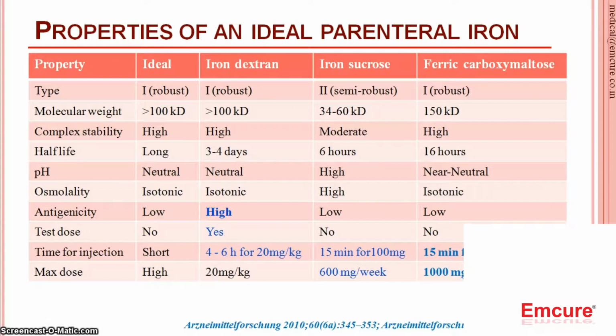Regarding the time for injection of parenteral iron, ferric carboxymaltose takes 15 minutes for 1000 milligrams, which means approximately 10 times more of the same amount of drug can be given safely to the patient when we compare it with iron sucrose. Maximum dose for iron sucrose is 600 milligrams per week, whereas ferric carboxymaltose injection allows 1000 milligram infusion per week. So definitely we see in these properties that ferric carboxymaltose injection is safer and more efficacious as compared to